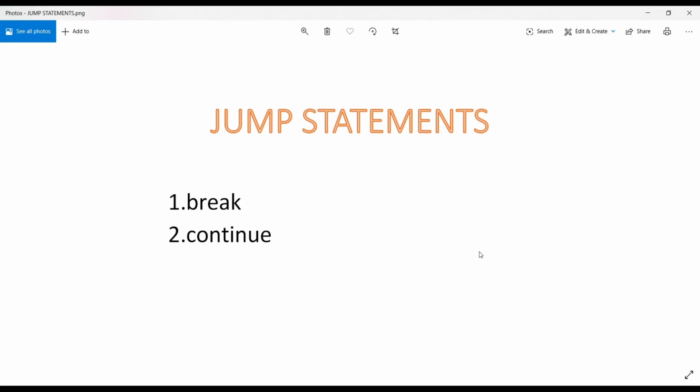So in this video we'll be covering jumping statements. So what do you mean by jumping statements? As we know, looping statements are used to perform certain sets of tasks repeatedly, but in certain situations a user may want to exit from a loop or skip some elements of the loop before continuing further in the loop. So for this purpose we'll be using jumping statements.